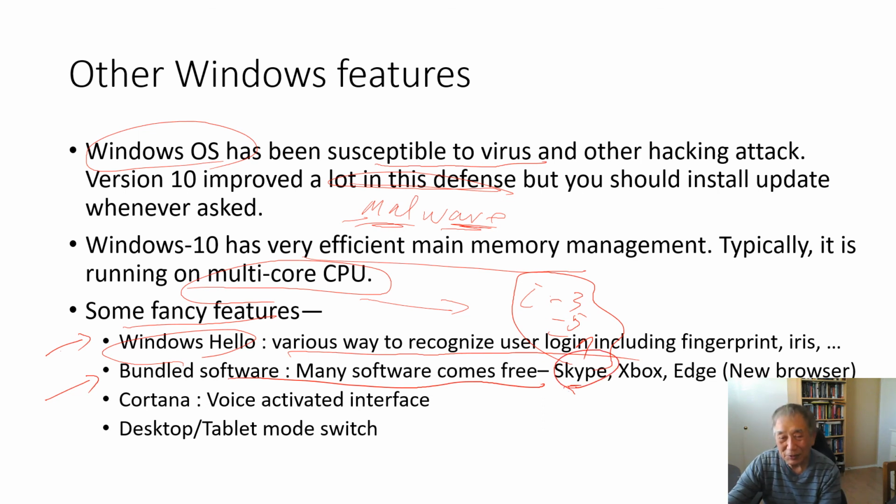This is the online conferencing software, and there are games, and Edge is a new browser. They are very fancy, and Cortana is a voice-activated interface. Maybe when we get a chance we can show you, but Cortana is a pretty useful and fancy way of